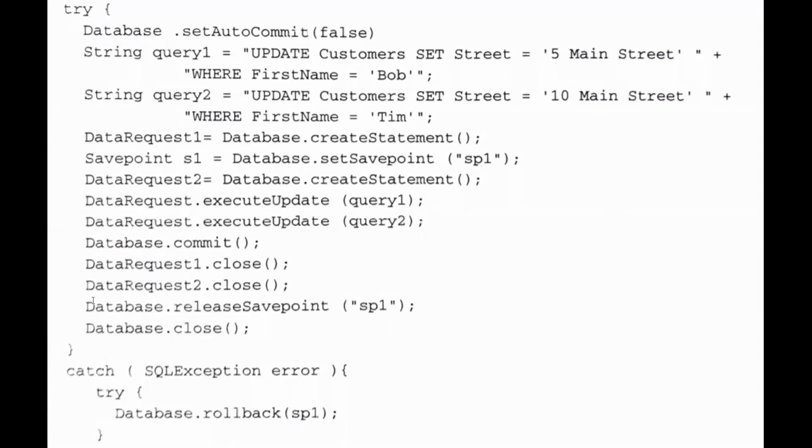So we can release the save point and close the connection. Just like how we close the statement object and the database connection, we can also release the save point, using the method on the connection object, that is connection object dot release save point, sp1. Remember, we have to pass the name of the save point, not the name of the variable.